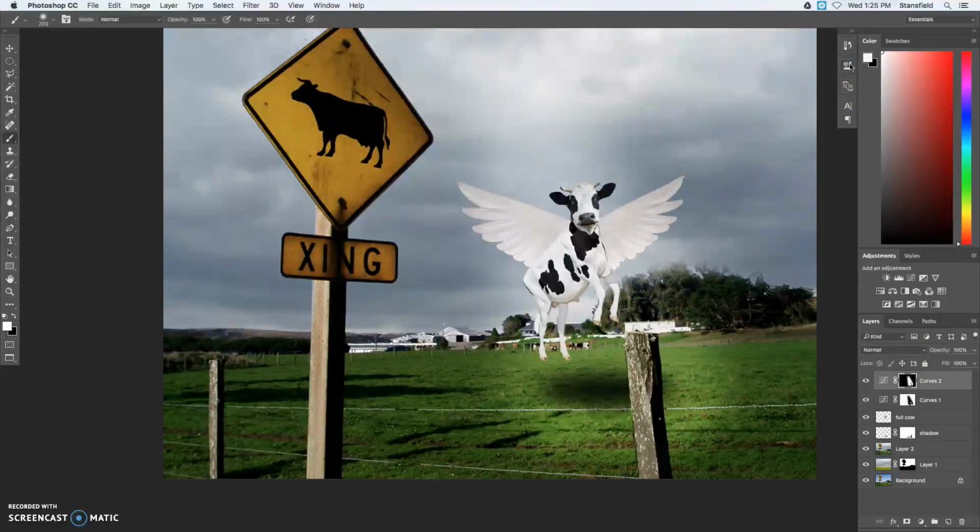Okay. All right. We are getting somewhere. We are slowly but surely getting somewhere. Let's go ahead and add a halo now. And I'm going to do that here. I'm going to go ahead and make a new layer. Double click layer 3. Call it halo. We want to make sure we just kind of keep everything